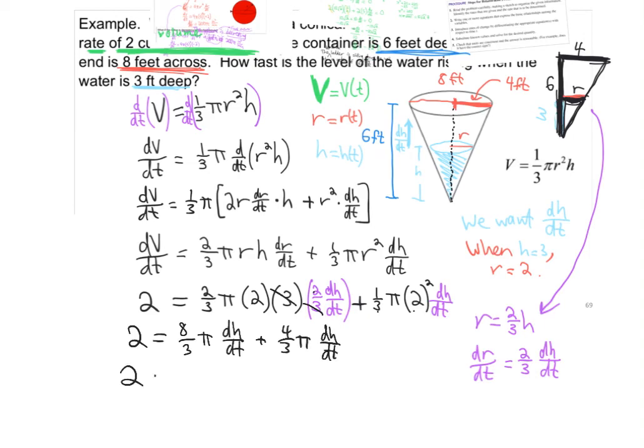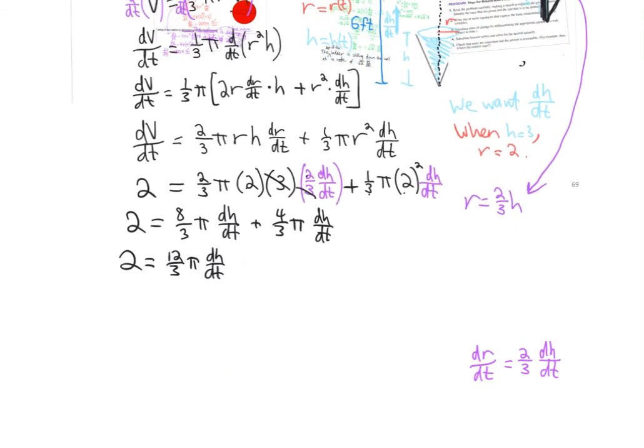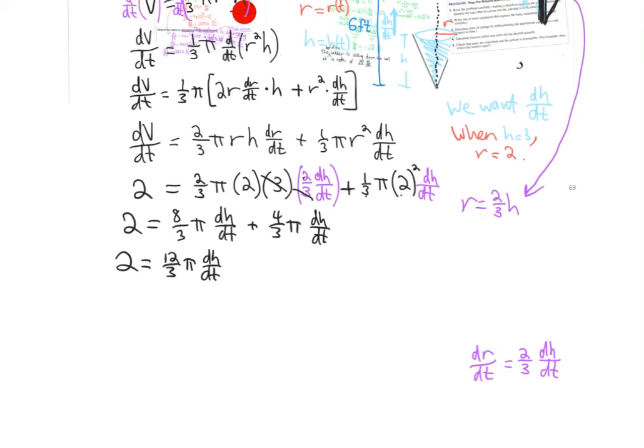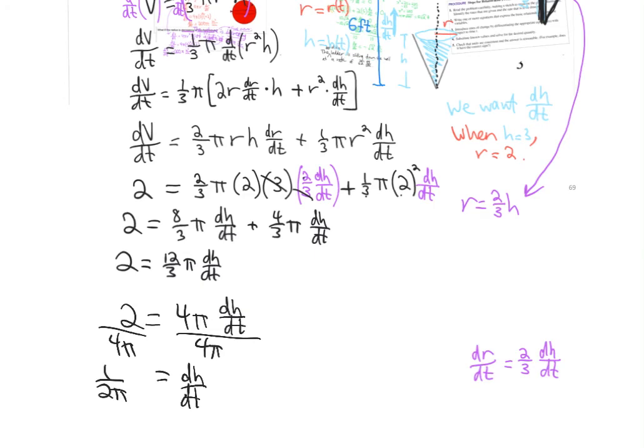Oh, that's pretty nice. We get 2 is equal to 12/3 pi dh/dt. And 12/3 is just 4, so I have 2 equals 4 pi dh/dt. I'm going to divide by 4 pi on both sides. I'm going to get dh/dt is 1/(2 pi). Our final answer, we want to write it as a complete sentence. So the final answer would be